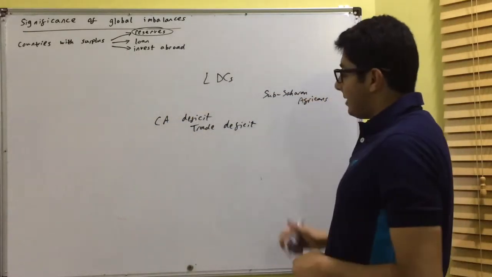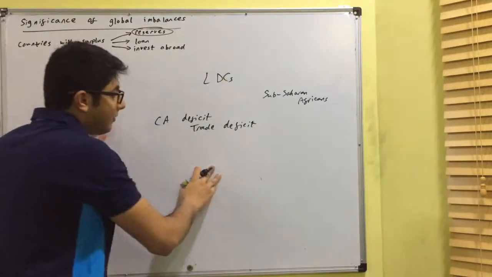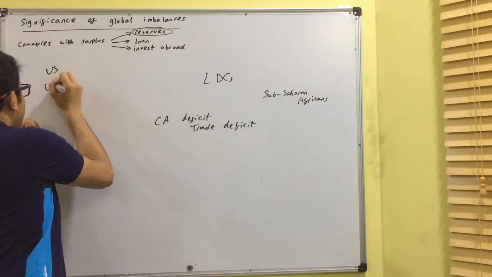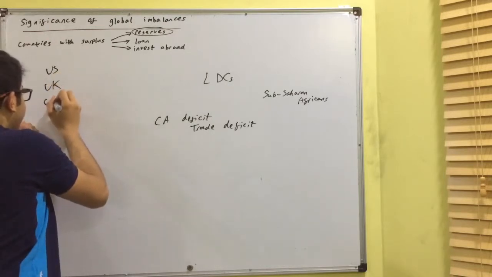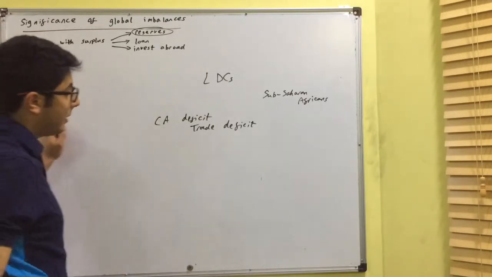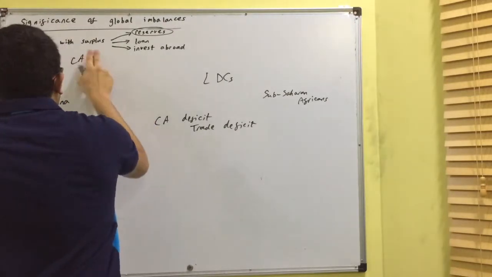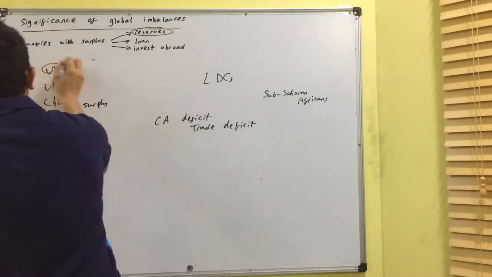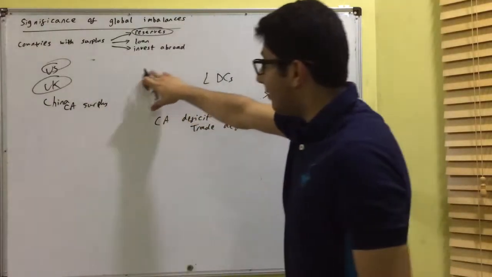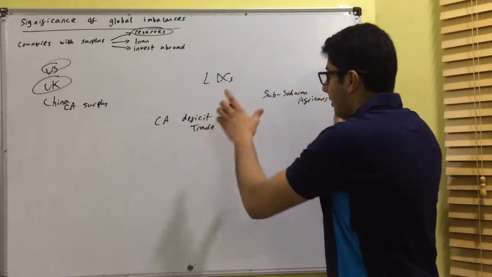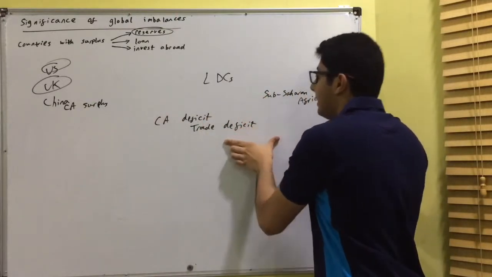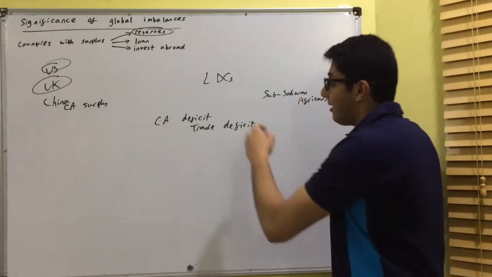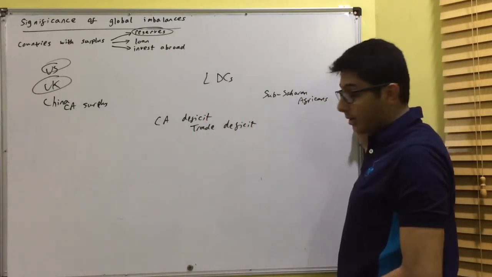So what happens there is, although they have significant global imbalances with developed countries like the US and say the UK, or even China, well, China is developing, but China has a current account surplus. Let's look at China again. But even companies within the UK and the US, they're relevant to what I'm about to say. Although these developing countries and the sub-Saharan African countries have global imbalances with other countries,